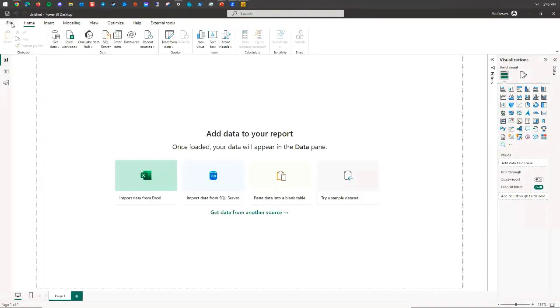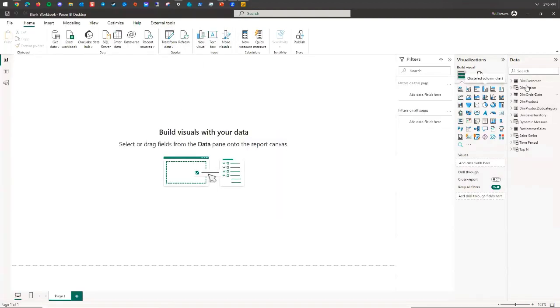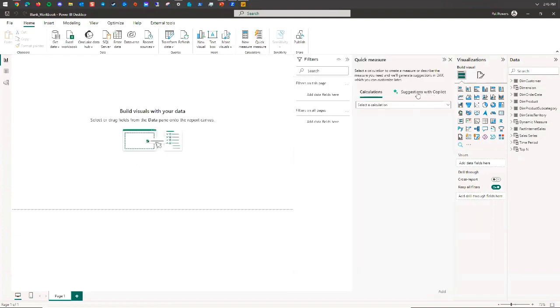Okay? I've got a blank workbook. This is basically just a standard set of data. You can see it's a lot of the same data that we just had. But I can use what's known now as Copilot. Look at this. Suggestions with Copilot. One of the most challenging things when working in Power BI Desktop is writing DAX. You know it, I know it. Okay? So instead of having to write out DAX, instead of having to try and figure these things out,